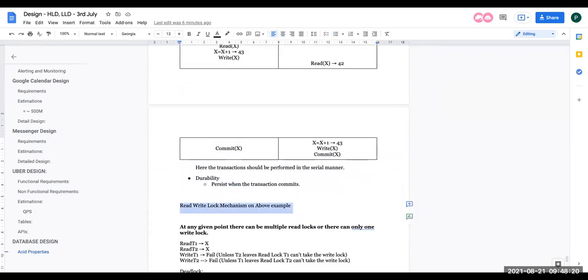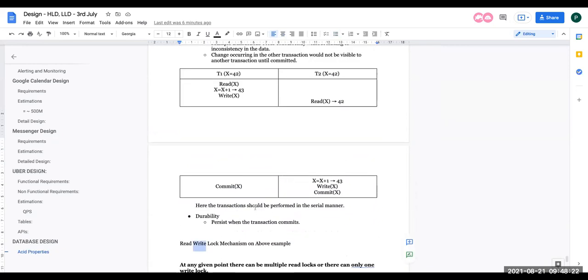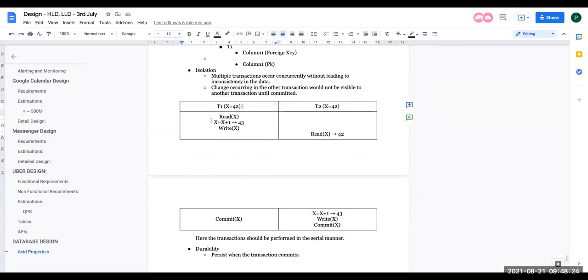Now there should be a read and write lock mechanism on the above example. Why? Because we don't want this data to be updated to 43 when we are committing this, right? This is a separate transaction. So for the same reason, we use the locking mechanism, where